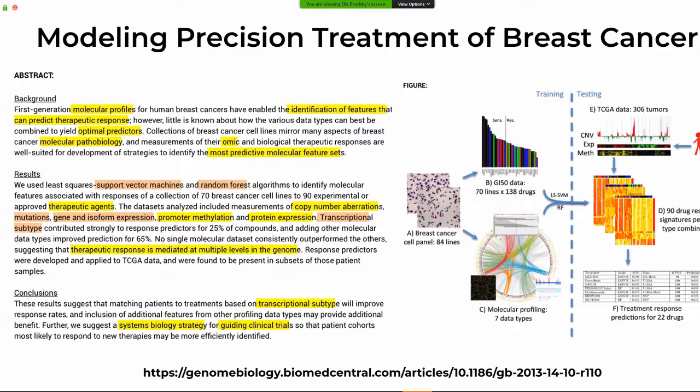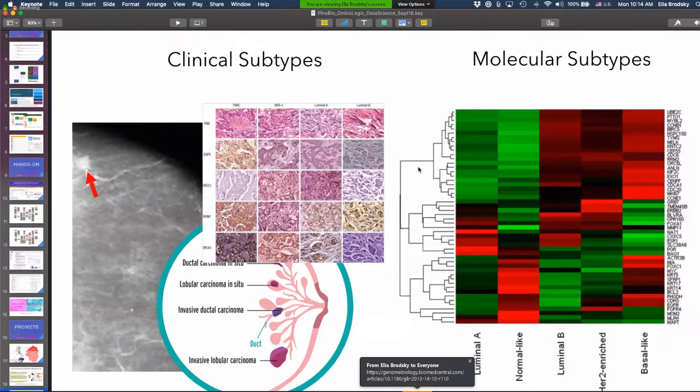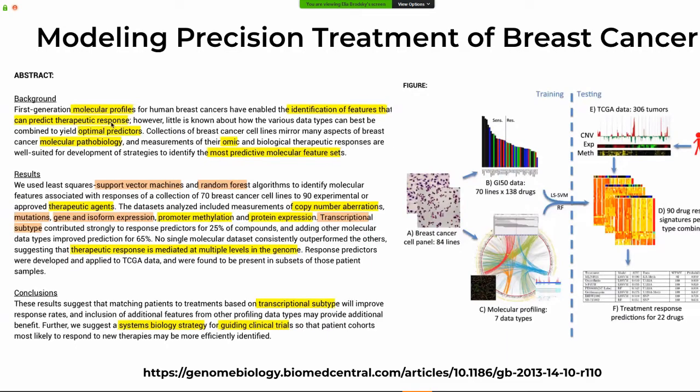Okay, so we have this paper. And this paper, let's just quickly understand the highlighted words help us understand what it's about. So we're going to be looking at molecular profiles to identify features that can predict therapeutic response and select optimal predictors. Now, this is going to be a demonstration of molecular pathobiology that integrates omics level information and helps select most predictive molecular feature sets for a clinical classification in terms of diagnosis